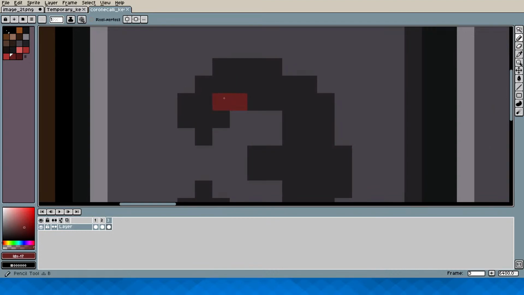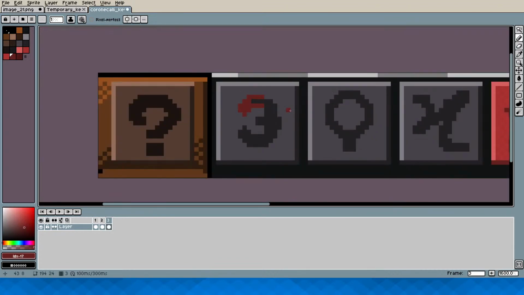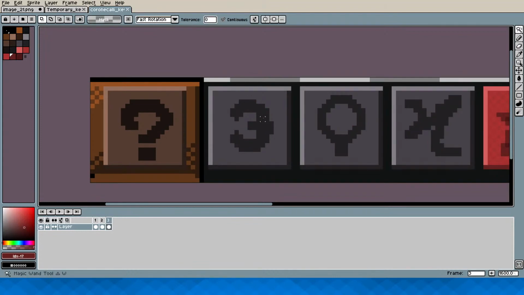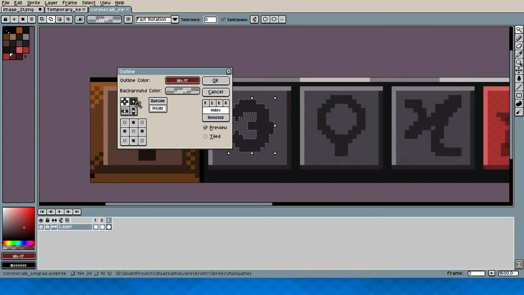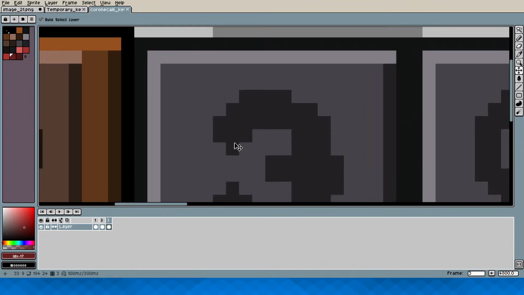Let's see. This is probably filled like, actually I can probably use an inset outline, but only as a start. So let's select this and create an inset outline like this. Does that work at all? Selected. Wait. Modify. What even is this? Background color, outline color. What? This didn't do anything. Well, whatever. I'll just do it manually.